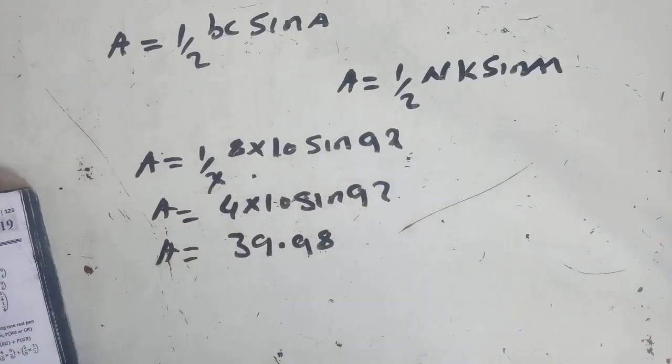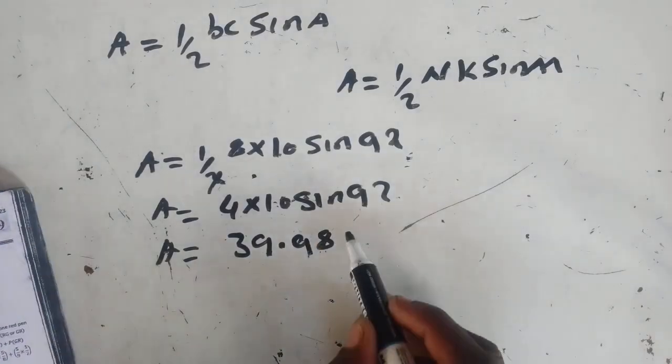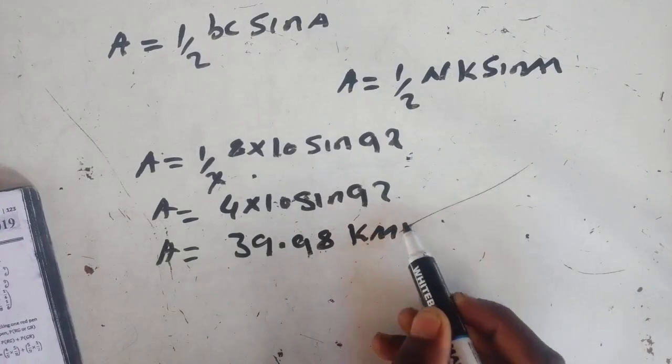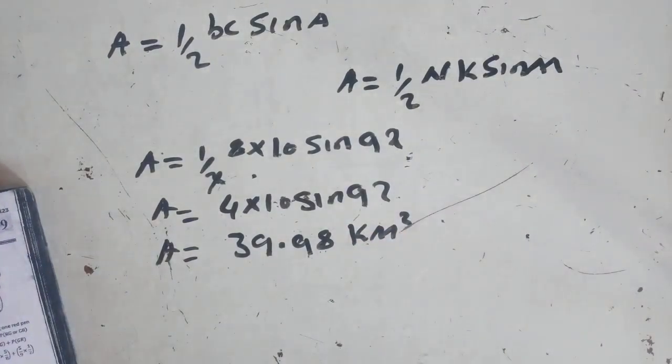This was the area. So this was how the question was supposed to be answered on the area. So we have found our area to be 39.98, and we found our distance KN to be 13